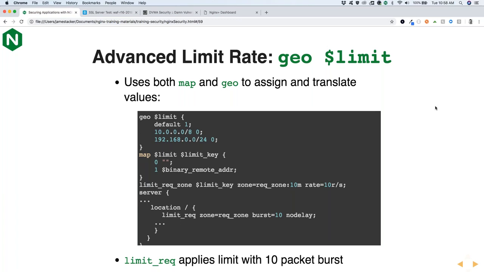So by default, we set default to 1, which means all IPs are pretty much blacklisted. And then we use a map to translate the values into a key. So these specific IP ranges, and actually, sorry, this is not a blacklist, this is for rate limiting. So these ranges here, we've pretty much allowed, or they have unlimited rate limiting. And the ones that we define, or that aren't these IP ranges specifically, we've pretty much defined them using this